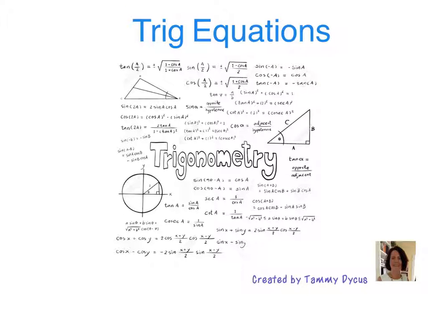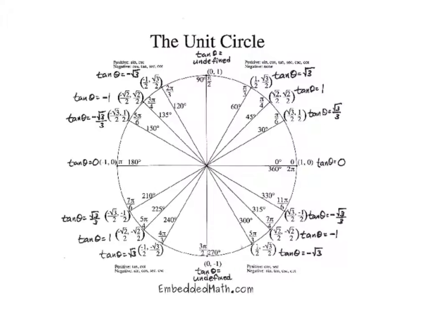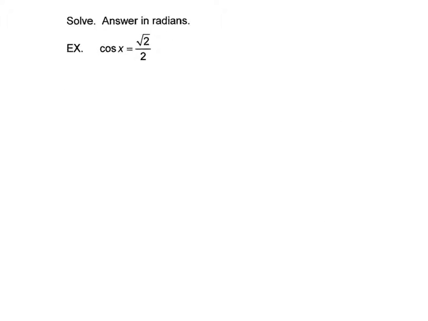Trig equations. We'll be using the unit circle to find our solutions to these trig equations. So make sure you have a copy of the unit circle in front of you. We'll give all of our answers in radians, and we'll be using the entire circle. Our answers will fall between 0 and 2 pi, and we will usually have 2 answers for each of these